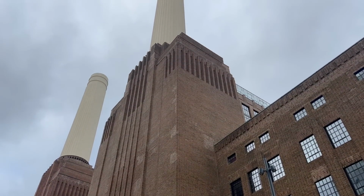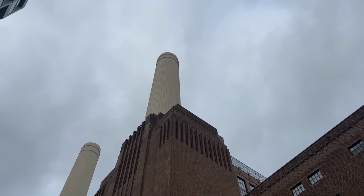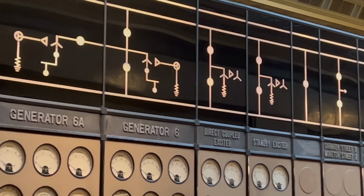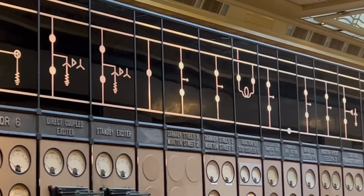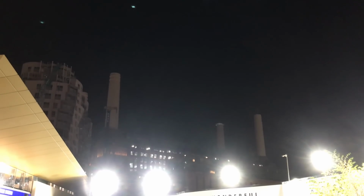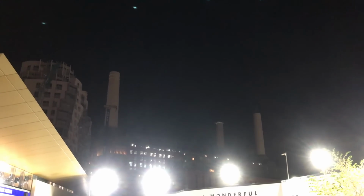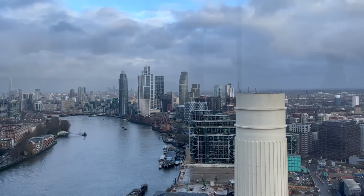Paul's Cathedral. So good was it, in fact, that when the last of the generators stopped turning in 1983, the building was Grade 2 listed. In other words, you couldn't knock it down. But what do you do with a giant disused power station? There were plenty of suggestions, but nothing came of them. The power station stood empty and devoid of purpose, awaiting someone to come along and give it a reason to